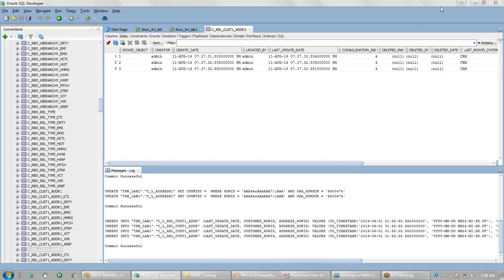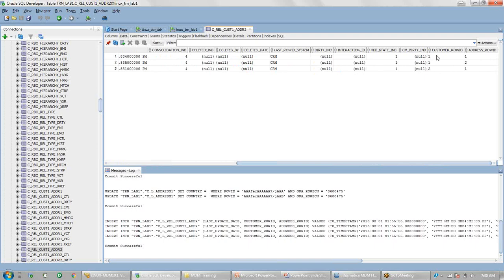So this is my relationship table, and if you go to the end of the relationship table, see the values here. The customer row ID and the address row ID are 1 and 2. So customer ID 1 is basically C1, which means the PK source object is C1, and this is C2.